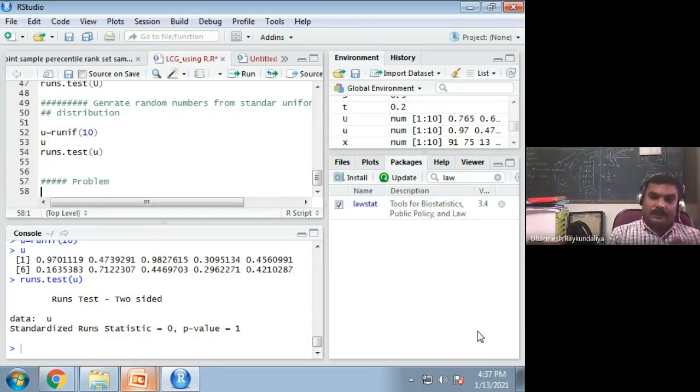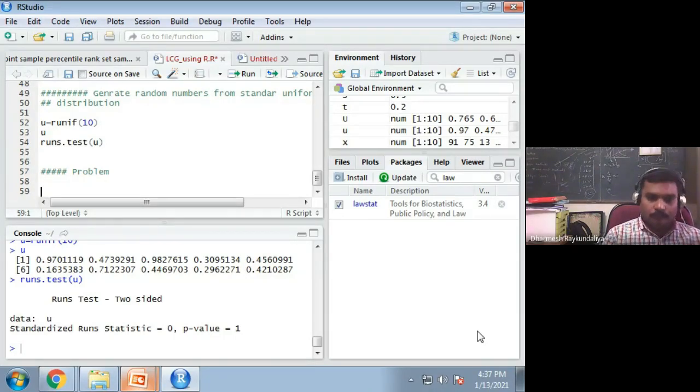I may ask in the examination to generate uniform random numbers, one with the LCG and the other with the inverse congruential generator, and then find the scatter plot and other things. So here I am using, let us say, u1 is runif.